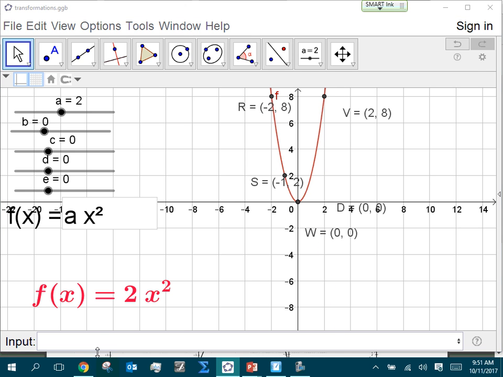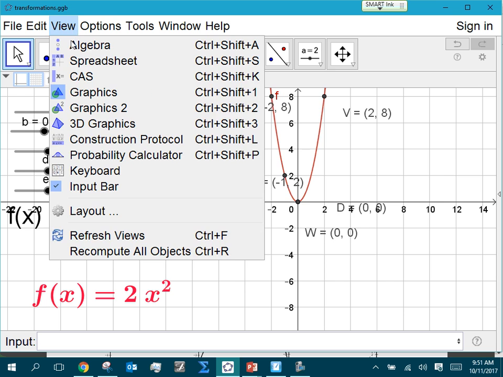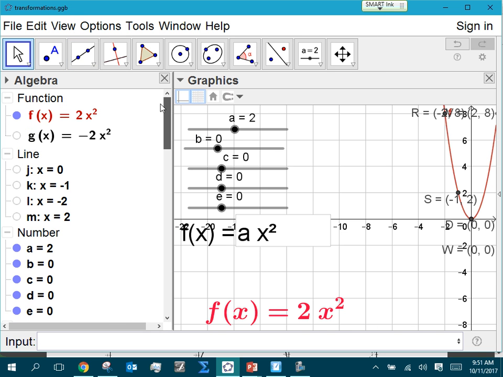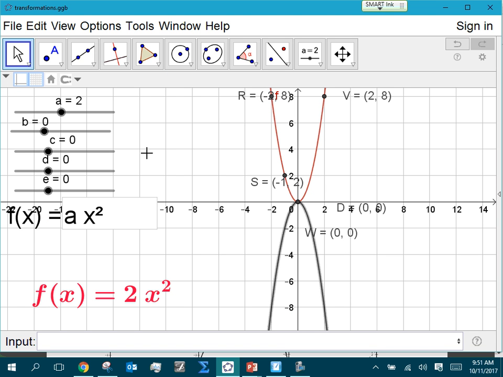I didn't do what I wanted to do. Where'd G go? Algebra. There we go. All right, so